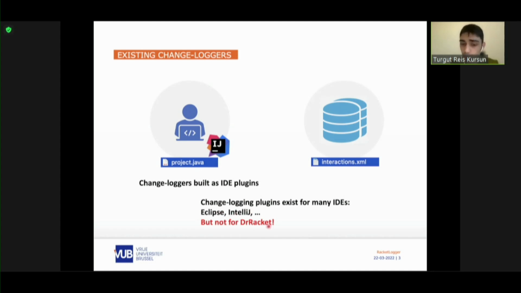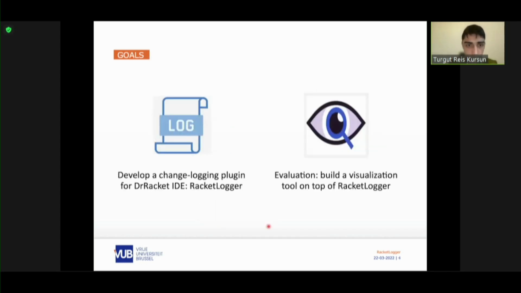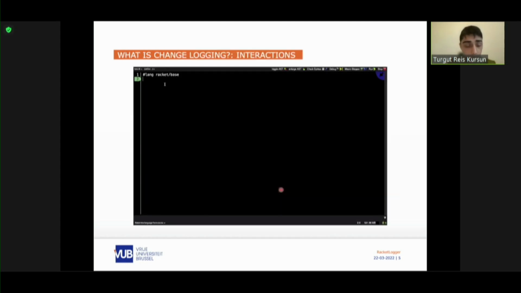And this is really where our research focused. So the goals we had were twofold. First, we wanted to develop a change logging plugin for the DrRacket IDE. We named our plugin RacketLogger. And second, we wanted to evaluate the usefulness of our plugin by building a tool, a visualizer, on top of it. Okay. So I'll give you a more